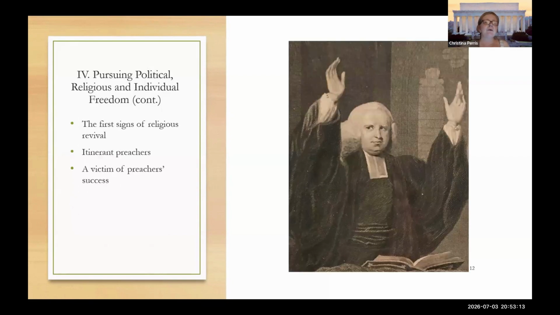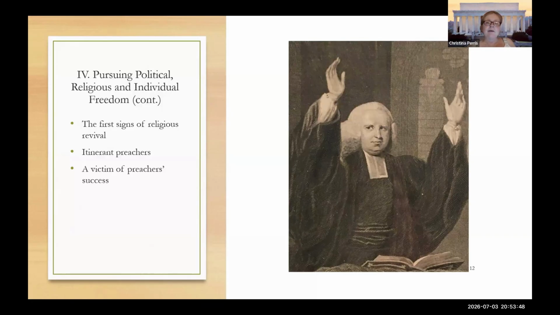So we come to slide 12. The first sign of religious revival appeared in Jonathan Edwards' congregation in Northampton, Massachusetts. Now, Edwards was a theologian who shared the faith of the early Puritan settlers. In particular, he believed the idea of predestination, in which God had long ago decided who was damned and who was saved. However, Edwards worried that his congregation had stopped searching their souls and were merely doing good works to